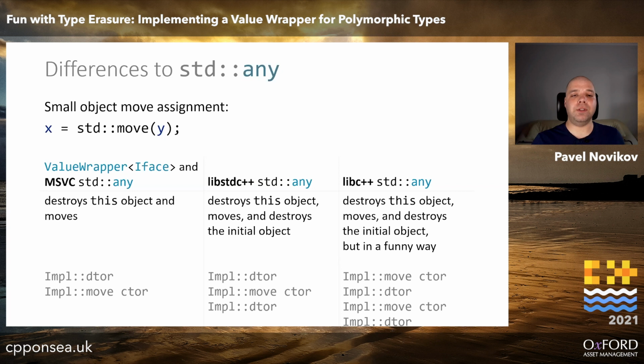We call destroy here because we do not rely on move assignment, and we have to use only destructor, copy constructor, or move constructor. So this is kind of reasonable. Again, libstdc++ implementation destroys this object, moves, and then destroys the initial object. This is also kind of reasonable. It leaves the moved-from object empty, and